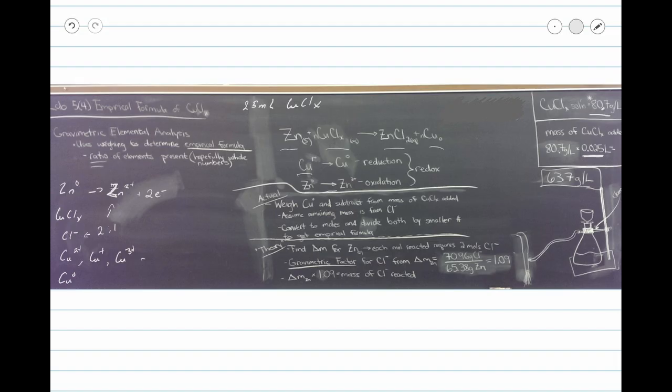So the ratio is 2 times the molecular weight of chlorine, which is 35.45 grams per mole, divided by 1 times the molecular weight of zinc, which is 65.38 grams per mole. And when you're doing these equations, I'm sure you already have great habits from Chem 1